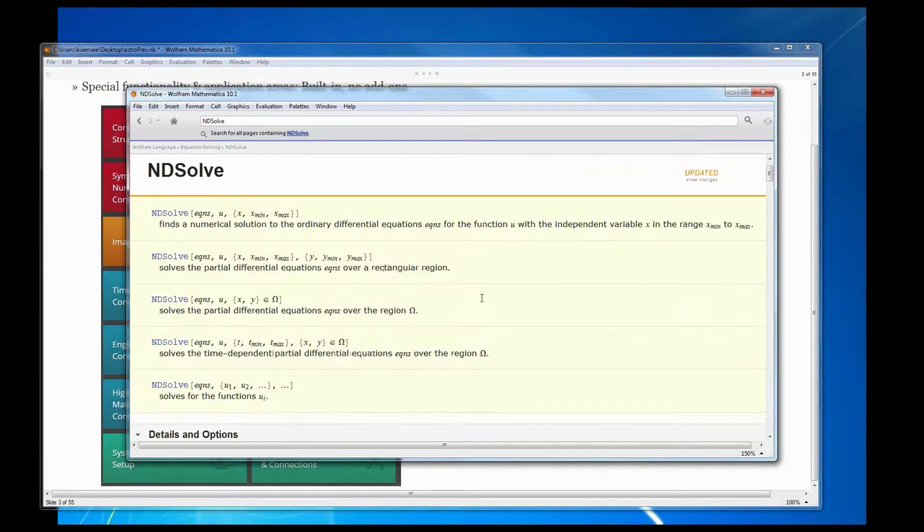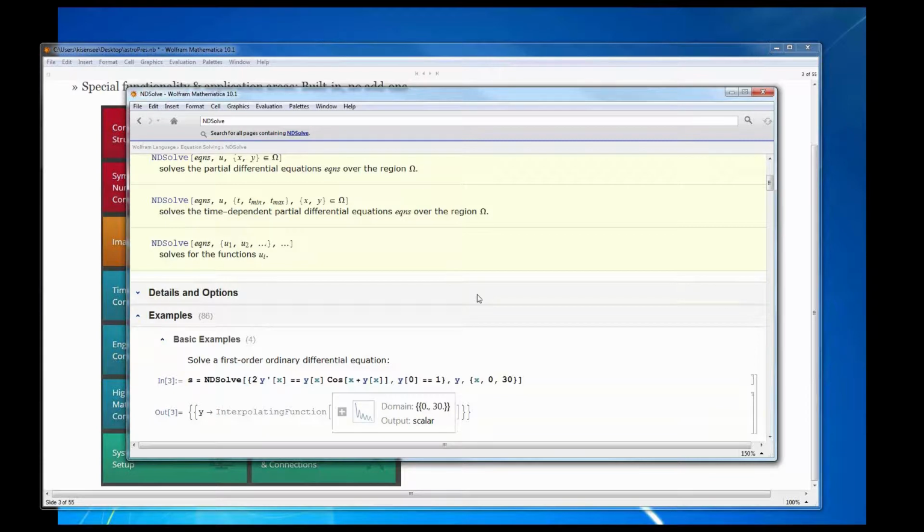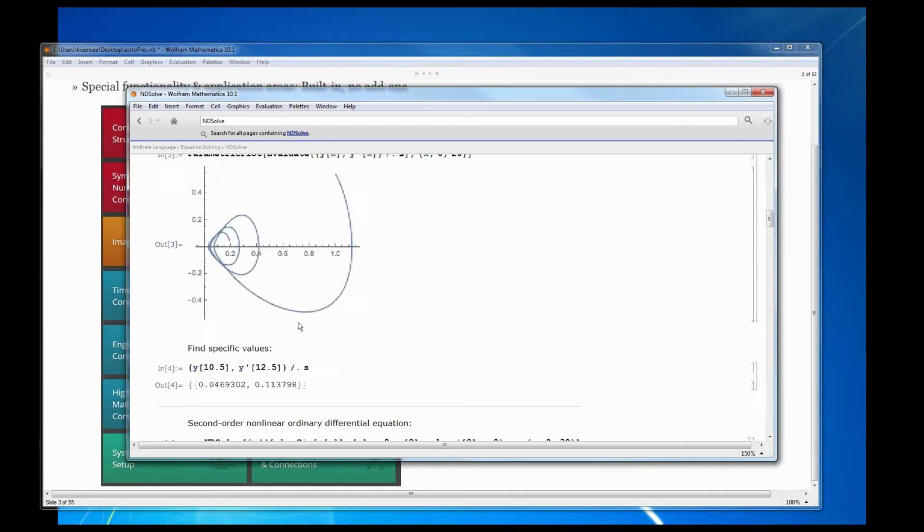So if you just want to use, for example, this function as a black box, it certainly tells you how you can use it as a black box, where you can just kind of throw equations into the numerical differential equation solver. But if you want things in more detail, there's a lot of detail in here as well. So for example,